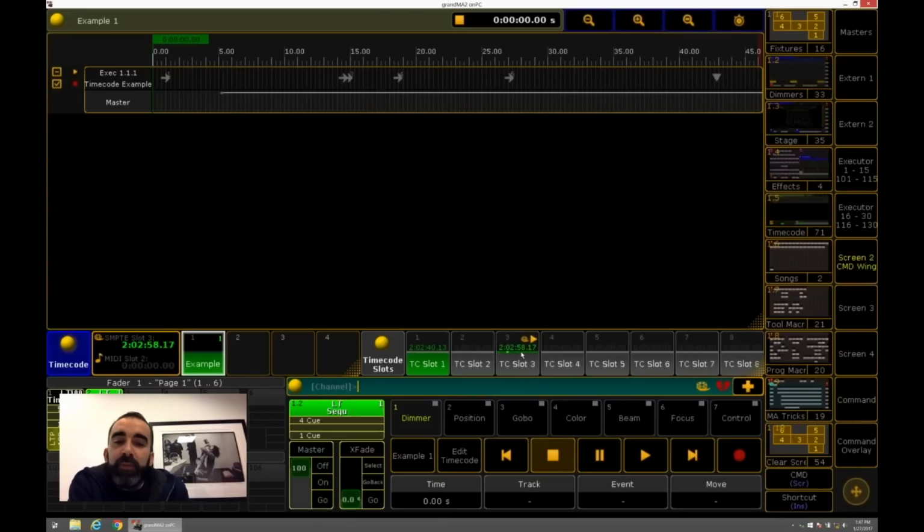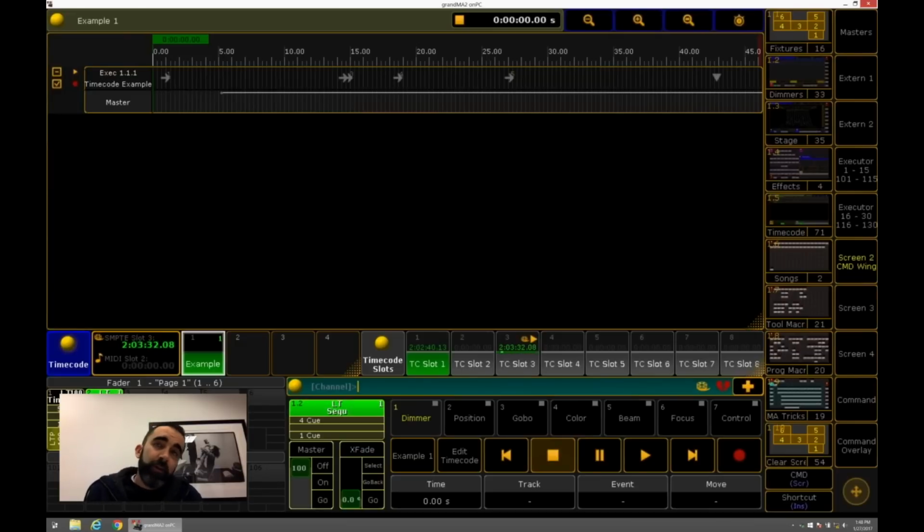Now the point of this, when you only have one timecode feed, doesn't really matter. Everything's slot 1. But in bigger shows, theme parks, big systems, festivals, all the above, maybe you have different timecode sources. So console 1 might be slot 1, console 2 is slot 2, console 3 is slot 3. Everybody has access to that signal, just like every device in the system has access to the universes.